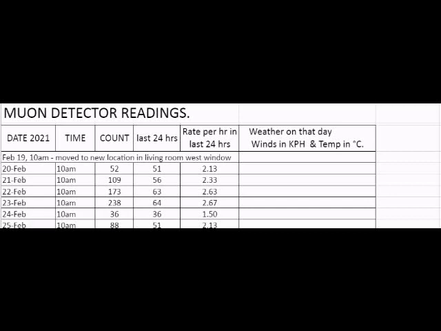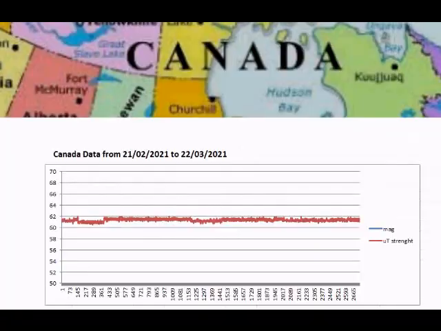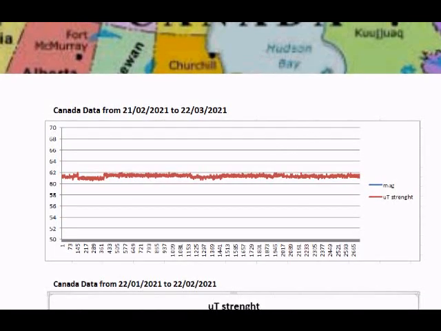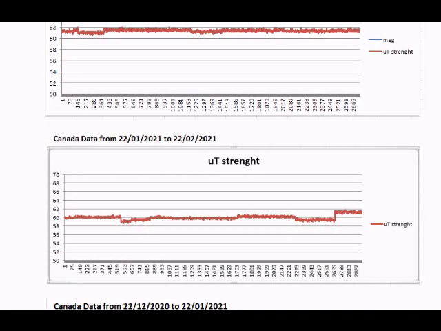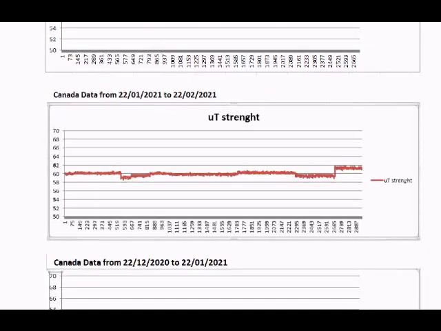better idea of just what's going on with that. So at a quick glance, looking at the data that Kendall sent us from his magnetometer in Canada, we can see that there's been no dramatic changes, which is really good. I do suspect that when there are dramatic changes, we might see them in Canada first. You can see it's been buffeting around the 62 on the left hand column, and